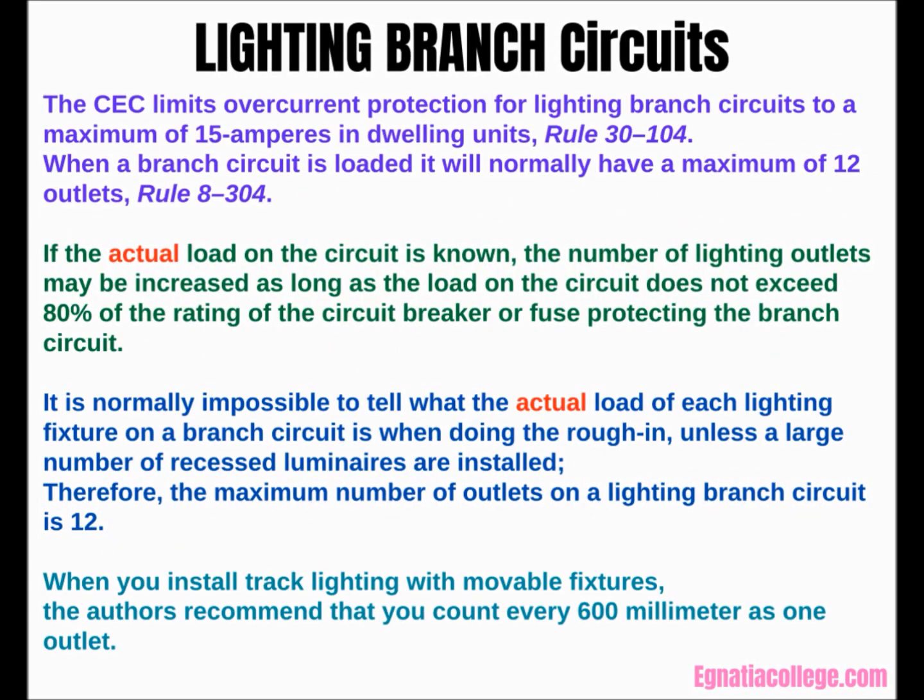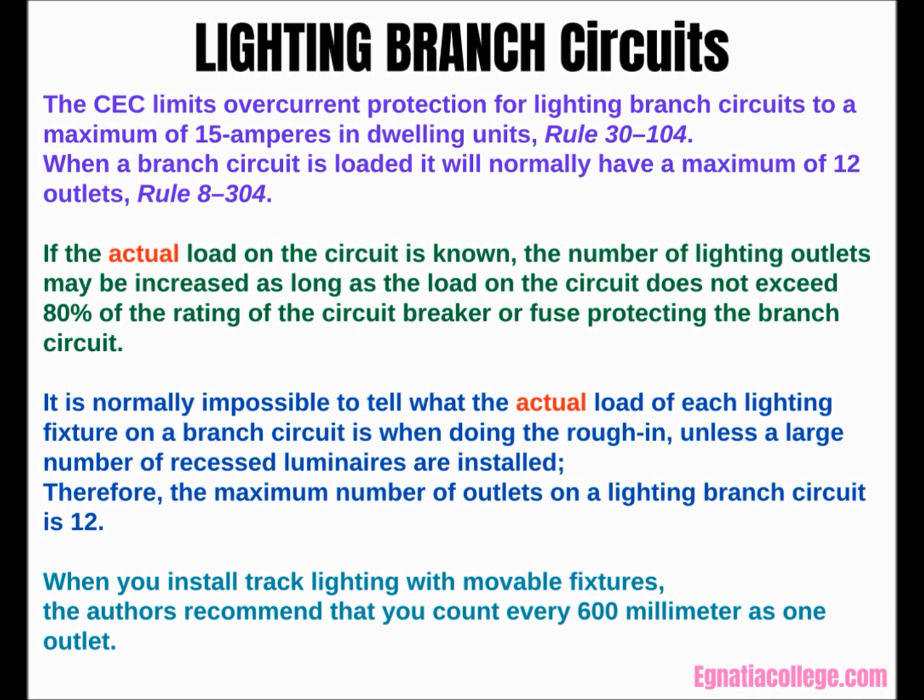Lighting branch circuits. The CEC limits overcurrent protection for lighting branch circuits to a maximum of 15 amperes in dwelling units, Rule 30-104. When a branch circuit is loaded, it will normally have a maximum of 12 outlets, Rule 8-304. If the actual load on the circuit is known, the number of lighting outlets may be increased as long as the load on the circuit does not exceed 80% of the rating of the circuit breaker or fuse protecting the